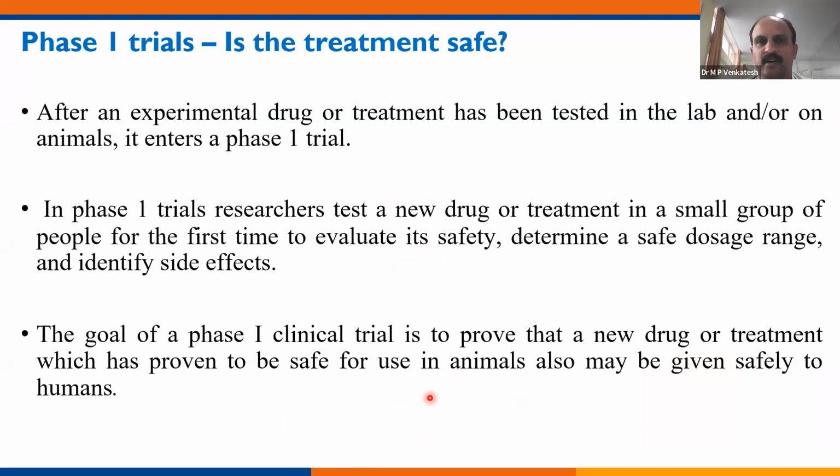After an experimental drug or treatment has been tested in the lab or in animals, after in vitro or preclinical studies, it generally enters the phase 1 trial. In this trial, a new drug or treatment is tested in a small group of people for the first time. That means till now, this drug has never been evaluated in human beings. First, they evaluate the safety, determine a safe dosage range, and check for any side effects. The goal is to prove that the new drug or the treatment which has been proven to be safe